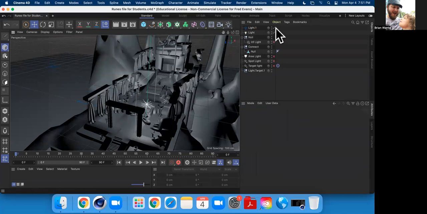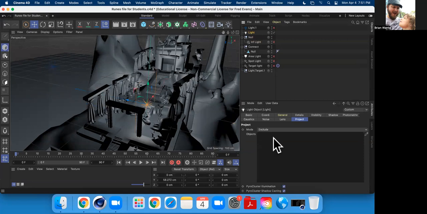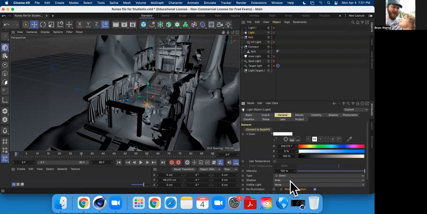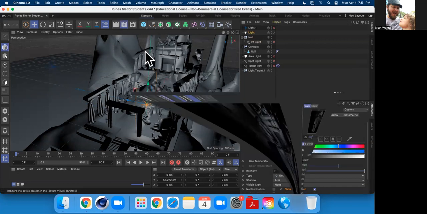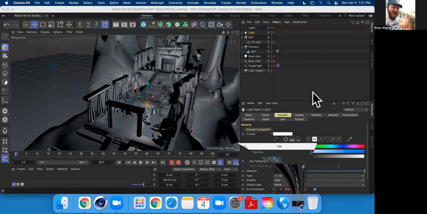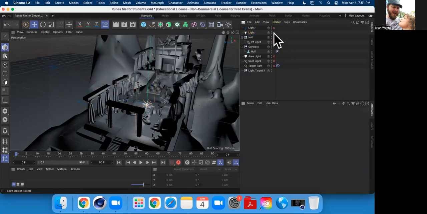Going forward, having light sources is going to be how we want to render stuff as well, either through global illumination or with these light sources, because we're going to get nicer-looking renders, even with something as simple as this one light source. Let me just turn off this noise. I just have this one light source, and this looks a lot nicer right here